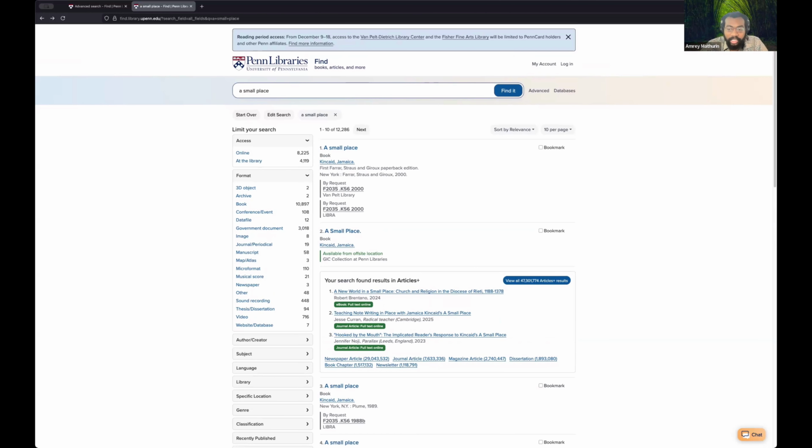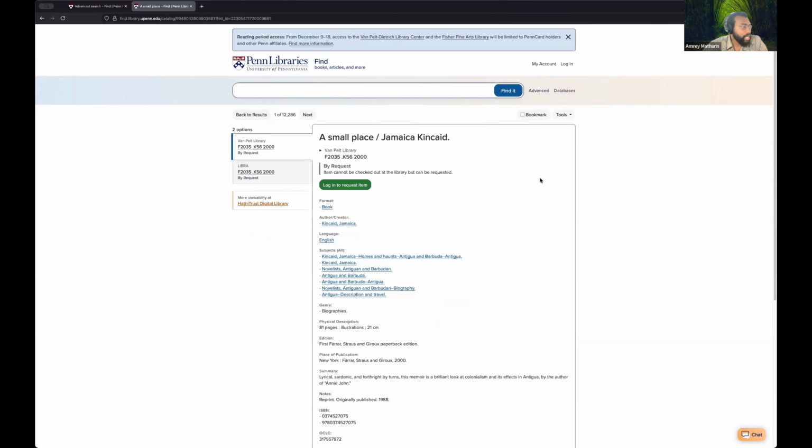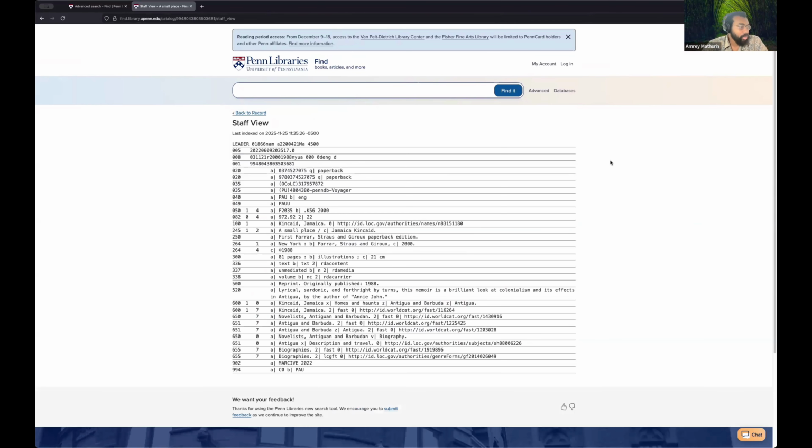Here, I've conducted a search and get the display of results. And you can see some of our local customizations to include our Alma availability info in our display of results. On our record show page, we also have customized constraints at the top left, and we also have customized show tools. 2 tools in particular I want to show you is first the staff view, which we render natively in our application.